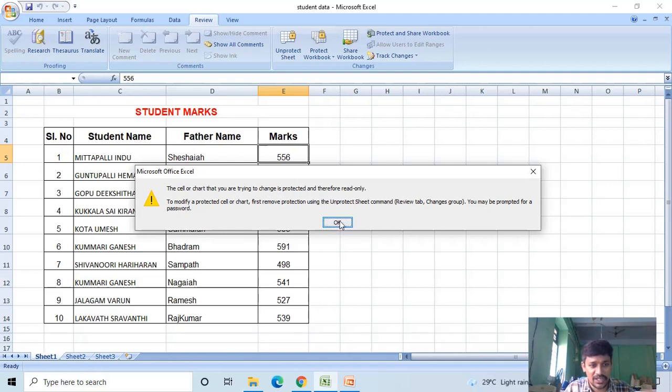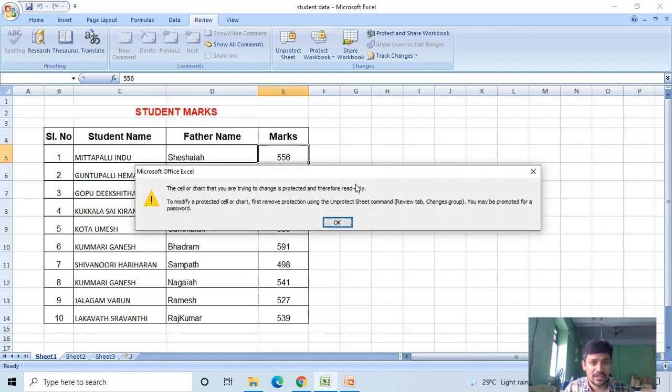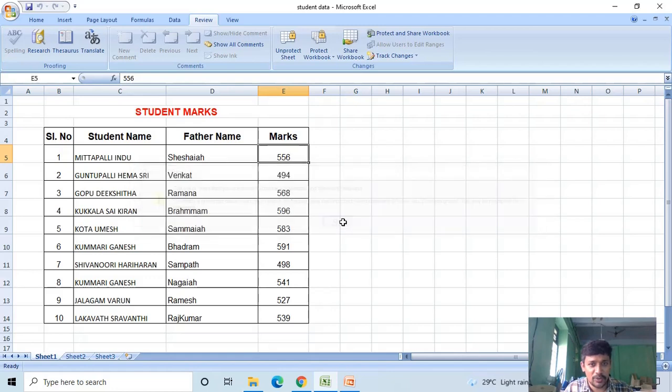Now Sheet 1 is protected from unwanted things. Here you cannot delete, you cannot modify. If the user tries to do anything, it doesn't accept. In this way, you can protect your data in a worksheet.